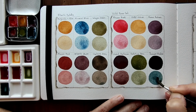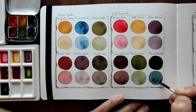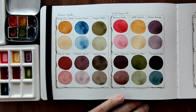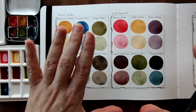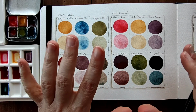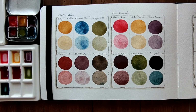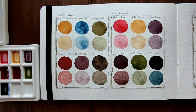Really nice, cool green. Again, a lovely palette, a lovely, well thought out, poetic palette, I'd say, the Wild Rose set. Okay, so we are done with the second palette, and now we are going to switch to our third and